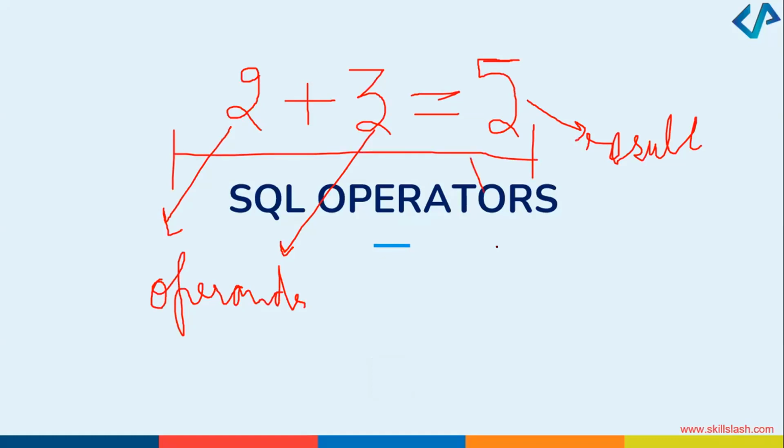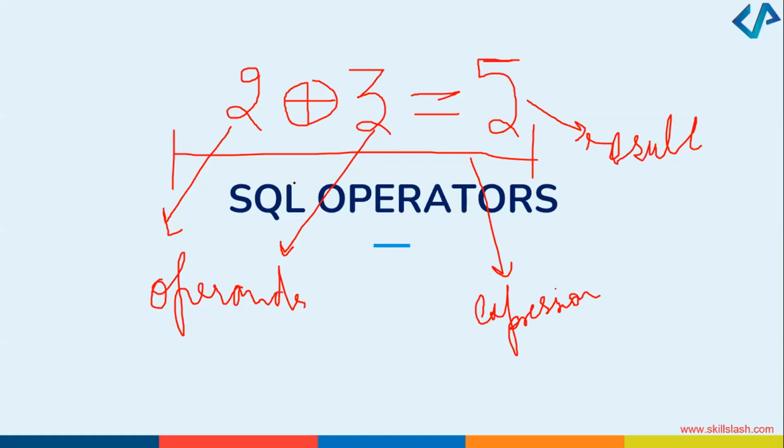You can take note of all these terms. Be it any programming language, be it Python, Java, or SQL, or any language which you pick up, this terminology is consistent. So we have operands, we have operator, we have expressions and result. And this plus is called an operator, right? So operator, operands, expression, and result.